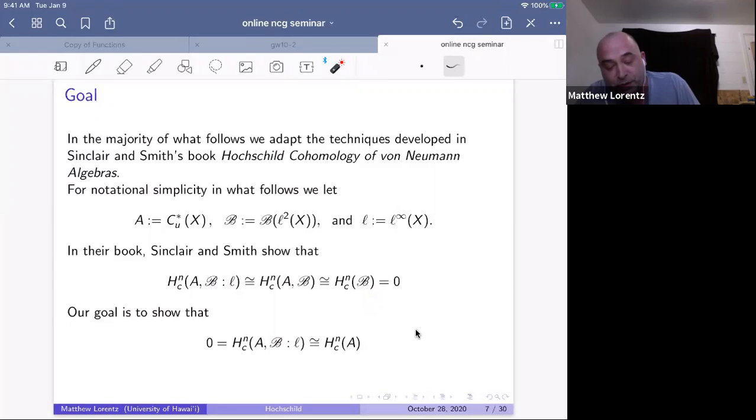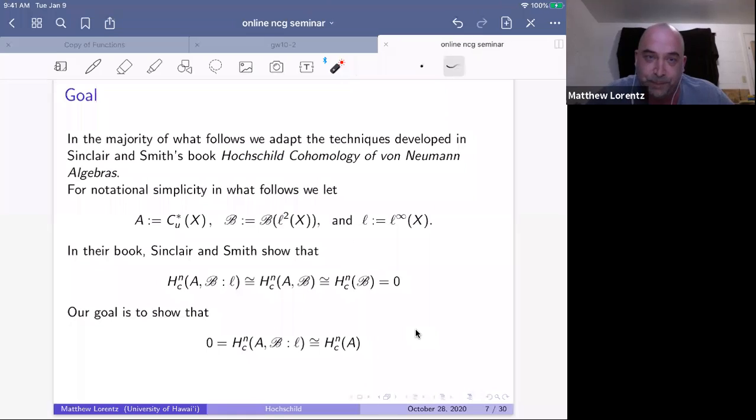And then they show that that is zero. And they show this in more generality. What they show is that if we have a von Neumann algebra that's hyperfinite, then its Hochschild cohomology to itself